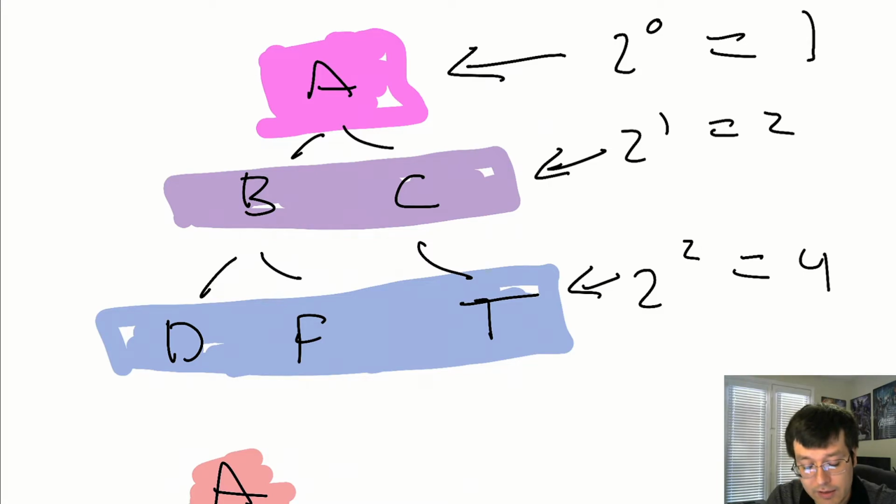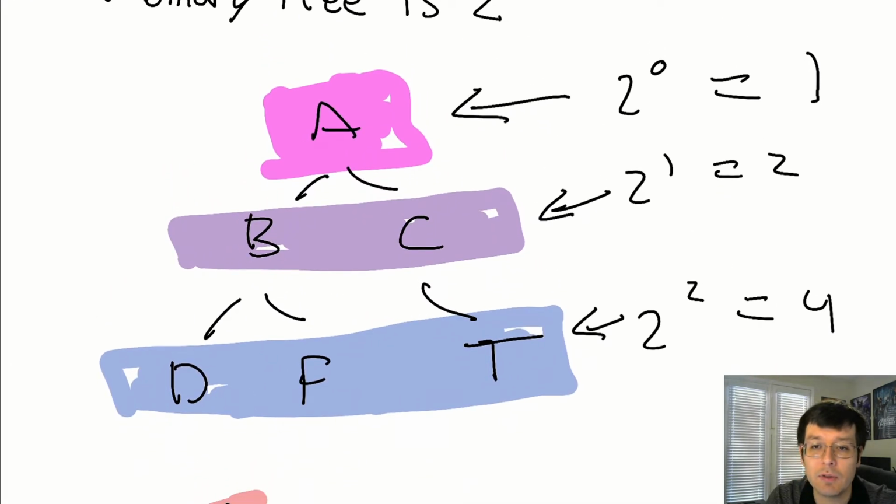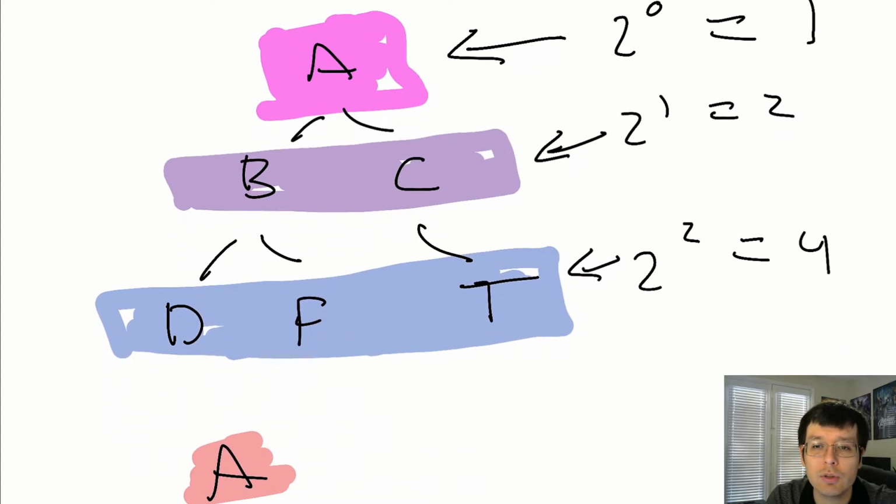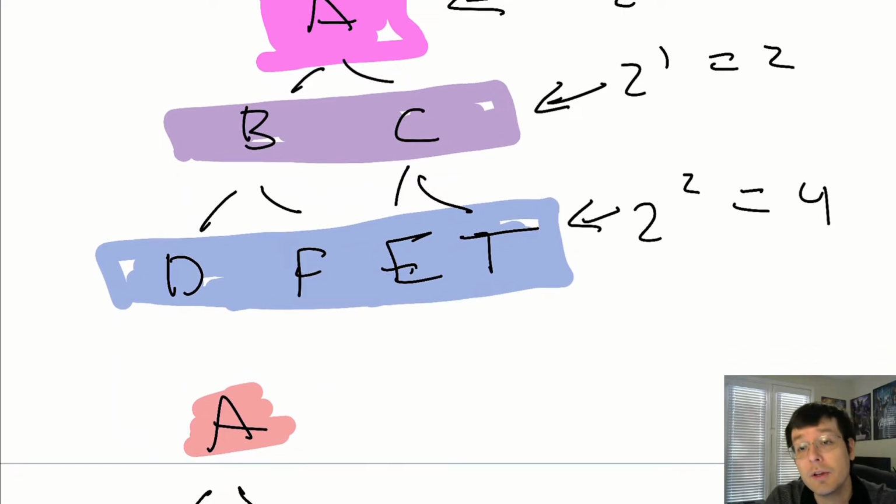What I'm saying is that for these levels, the maximum amount of nodes they can have are these. That makes sense for this one, and for the last one you're like, well, there's only 3 nodes there. Yes, right now, because we're saying the maximum. Why? Because every parent can have 2 children. In this case, C only has Mr. T. But if he has Mr. G, how about E, like the dude from Batman, then you can see there's 4.